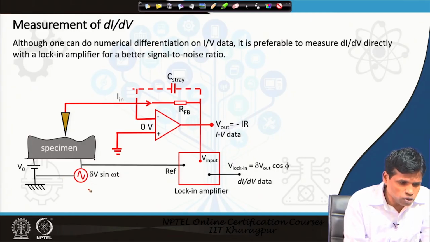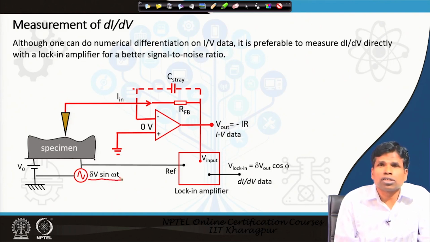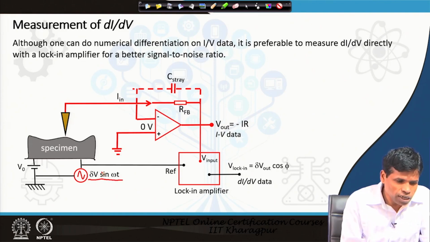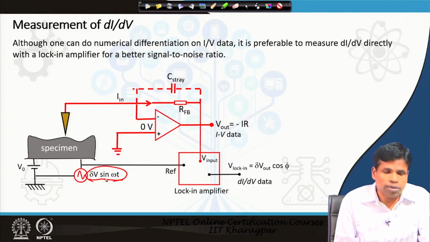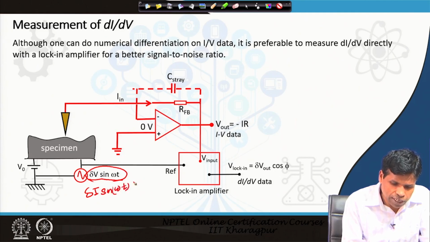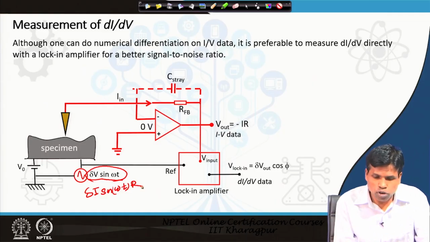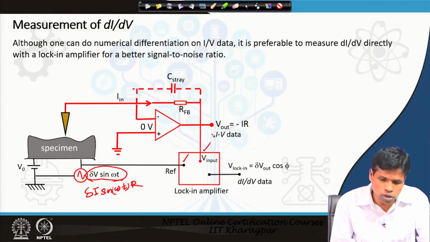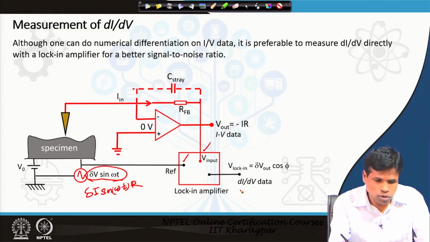a small sinusoidal modulation of the voltage is given to the sample, and this sinusoidal voltage is added to the DC bias applied to the sample. The output again will be ΔI sin ωt, and this modulation of the current is given to the lock-in amplifier as a reference, and the other one will come as a V input, and the V lock-in, the output from the lock-in amplifier, will be equal to